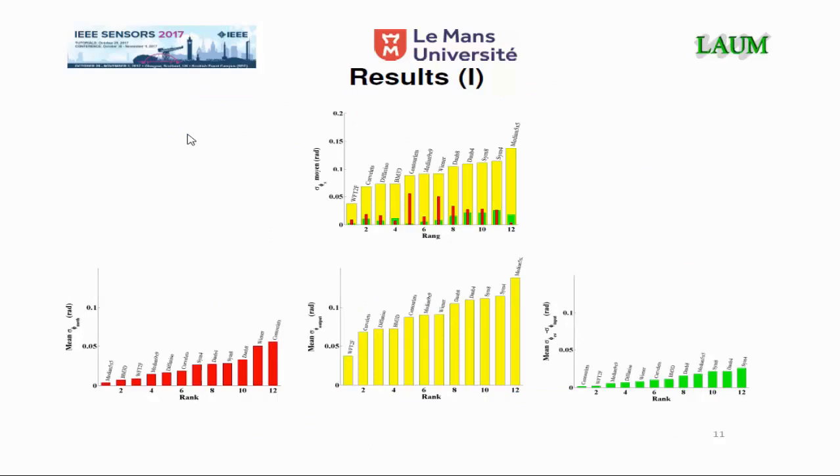And here are the results. You can see that the window weight Fourier transform achieves the best result considering the output error metric. And inside each yellow bar in this upper bar graph, we have reported the value of other metrics. In red, the sigma error method, and then in green, the noise level estimation error.